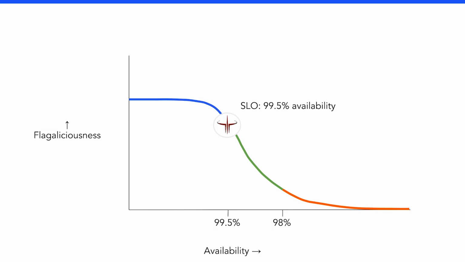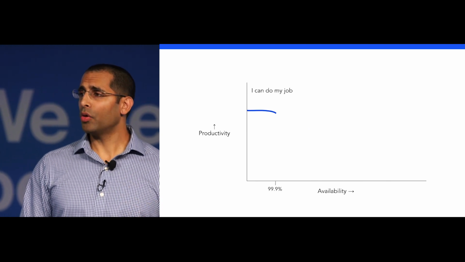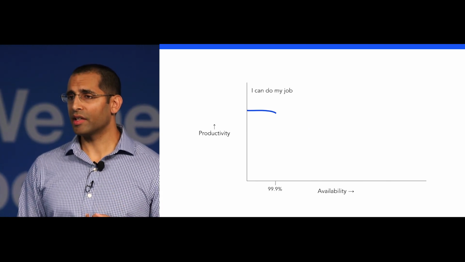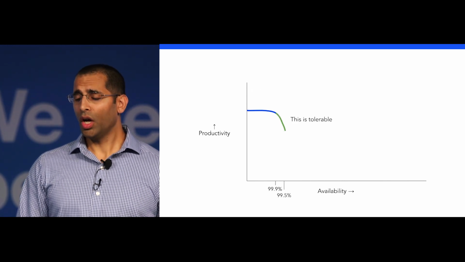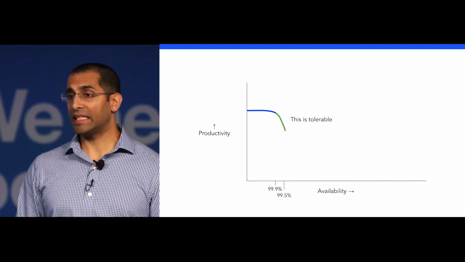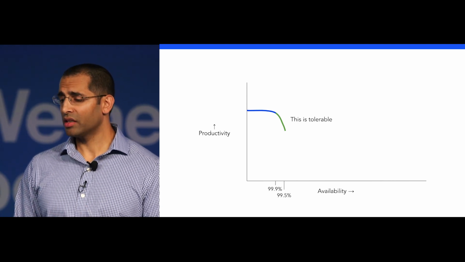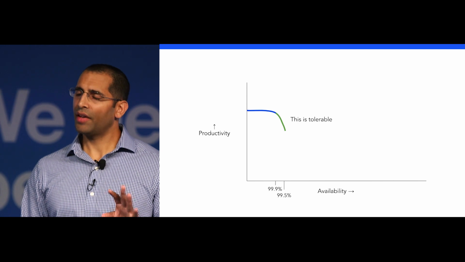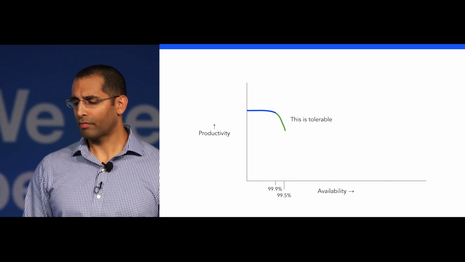It's not that important. Now let's look at something completely different, an enterprise software service like Tenfold. At the high end, above 99.9%, the customer service rep is thinking, okay, I can do my job. I can help these people. If it drops, and it could drop really steeply, between 99.5% and 99.9%, all right, this is tolerable. I have a couple of blips when I'm trying to help the people on the phone, but it's tolerable.